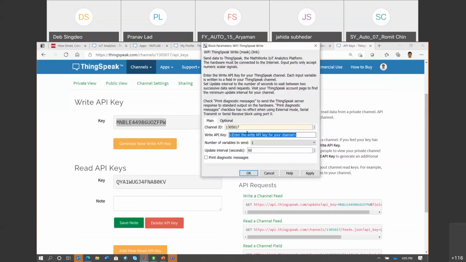So once I have put in these two parameters, all I have to do is apply, but I can also change how fast that data update happens. And I can also change how many variables I'm sending. As of now, I have two variables, so I will make it 2 and maybe change the data update interval to, let's say, 50. Once I do apply and OK,